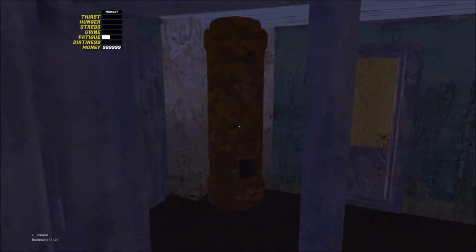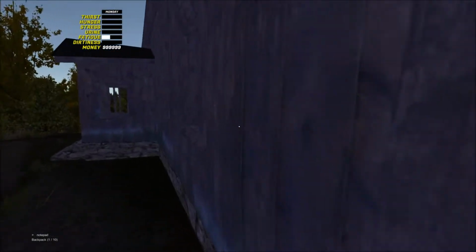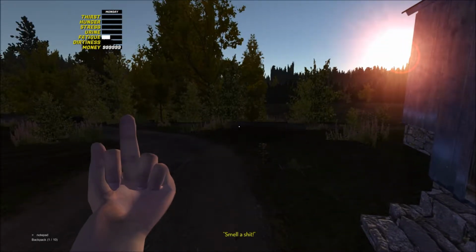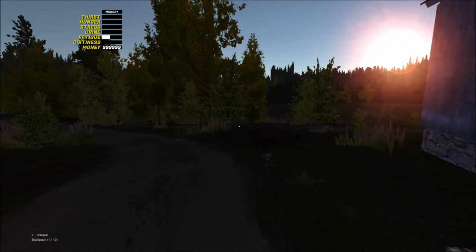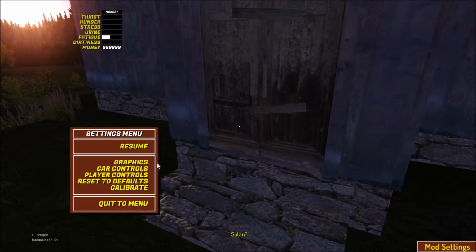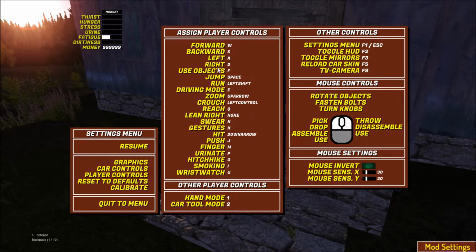Now, if I remember correctly, I don't know if you can see it from right here, but right where that little chimney is, there's a beehive. Which you don't want to mess with in this game. What is my punch? That's the middle finger. What did I make my punch button? Oh god, I gotta look at my controls. Player controls, punch. What did I make my punch? Hit down arrow. Okay, let's see if...